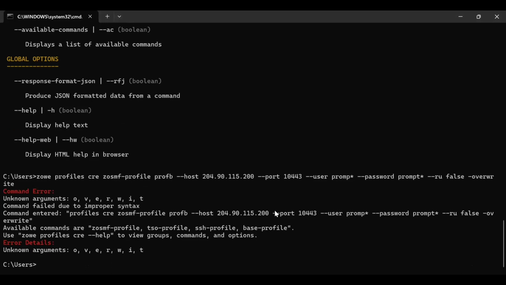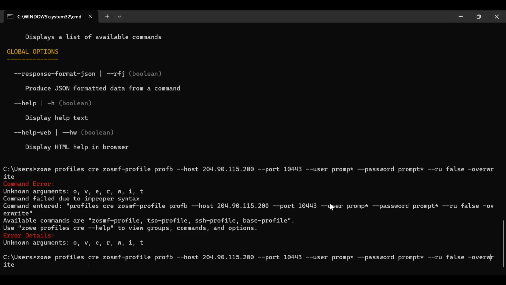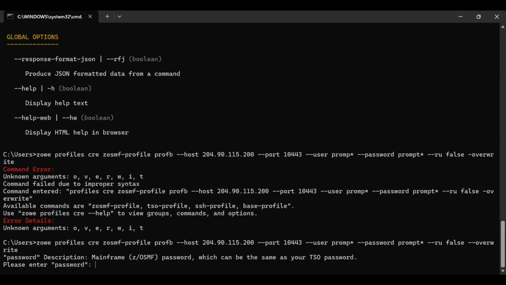Okay, I think something is wrong. It didn't like the value overwrite. So if you see what's the mistake here, you need to give 2 hyphens for every parameter, just like host, port, user, password, and then similarly I missed a hyphen here, so I need to give that. And now hit enter. Now you see it has asked me a